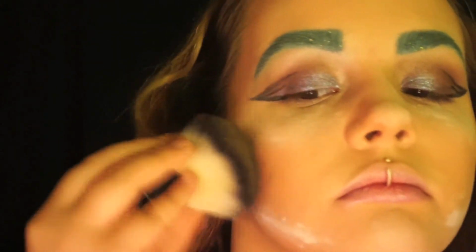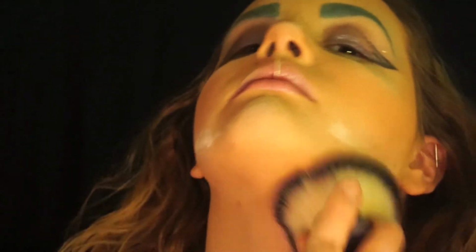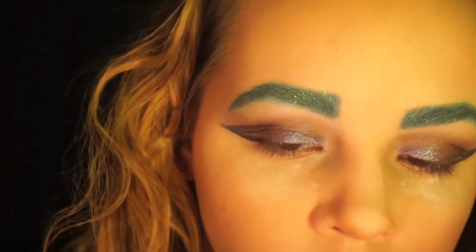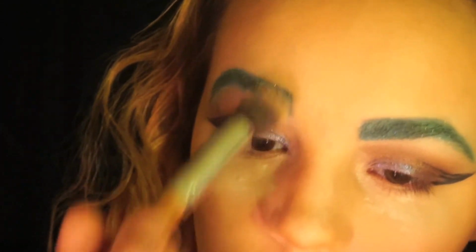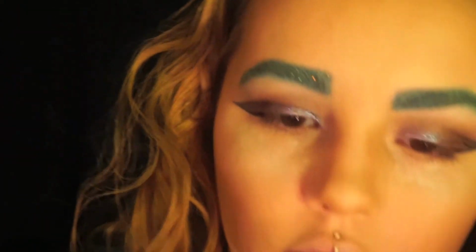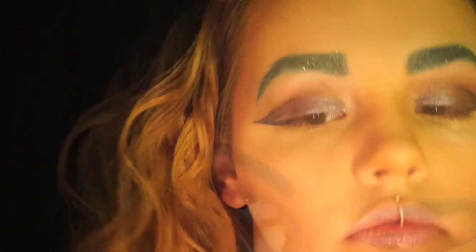And this is another Essence product that was very, very cheap. I think only like $4. It's the Sun Club Matte Bronzing Powder for lighter skin. They also have a darker formulation, which I thought was very inclusive. Glad I didn't get that by accident because I've done that before. I'm then deciding to kind of contour with the powder a little bit underneath my nose and my bottom lip and the sides of my nose. I like this formula a lot. I mean, obviously it's supposed to be matte, but I personally don't like a shimmery bronzer, so I think this is perfect if you don't like shimmery formulas,